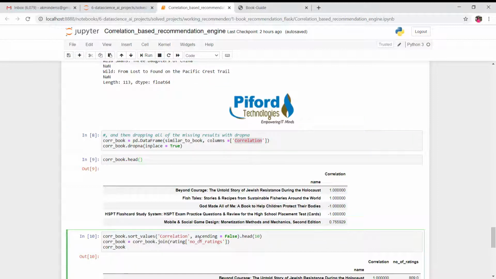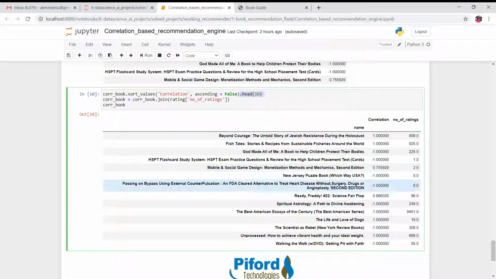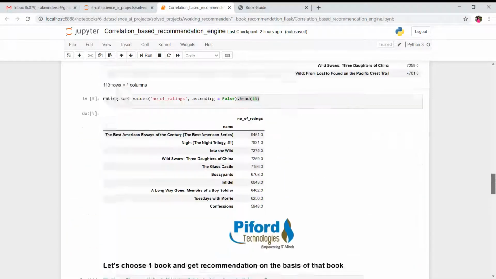So again I'm sorting the data in descending order, which means we'll get the highest values on the top, and head 10 means we want to get the top 10 most similar books, right? So these are the top 10 books which are similar to the book which we have written in the title column, right?